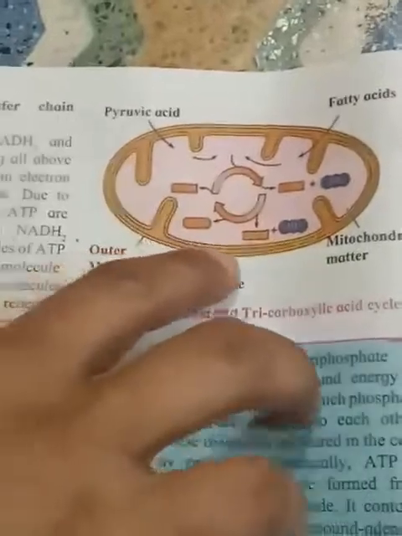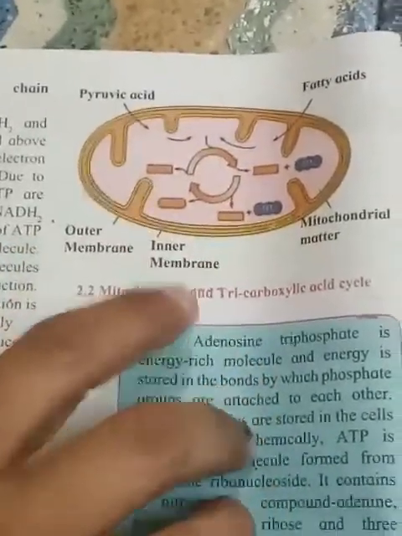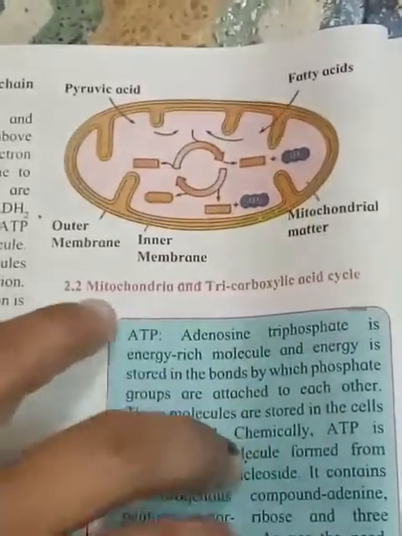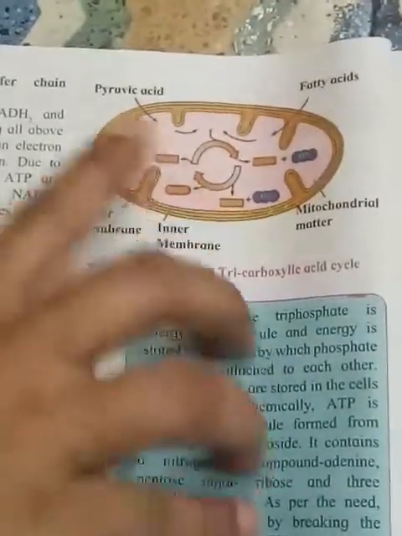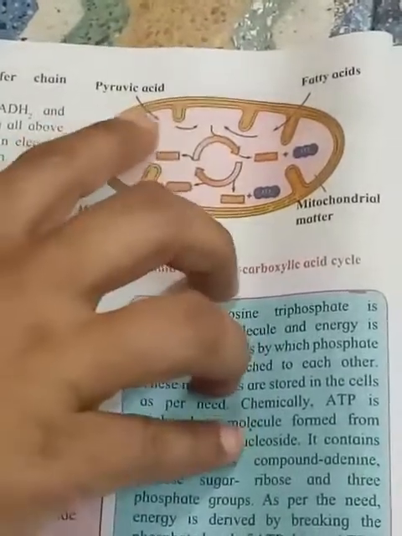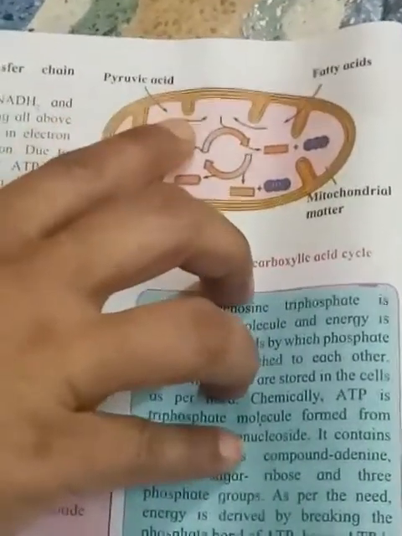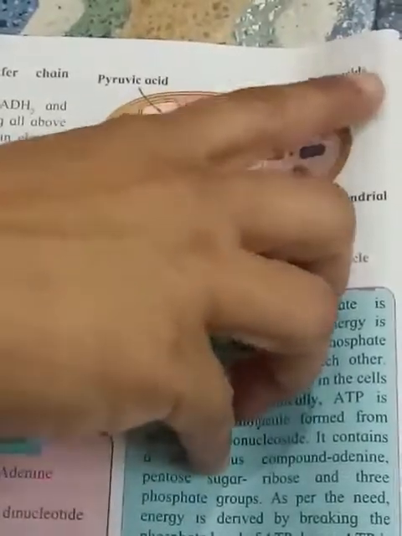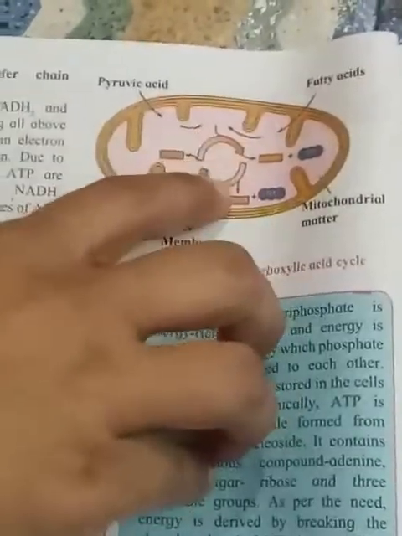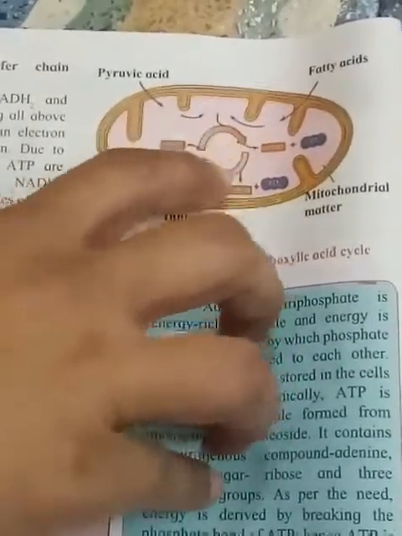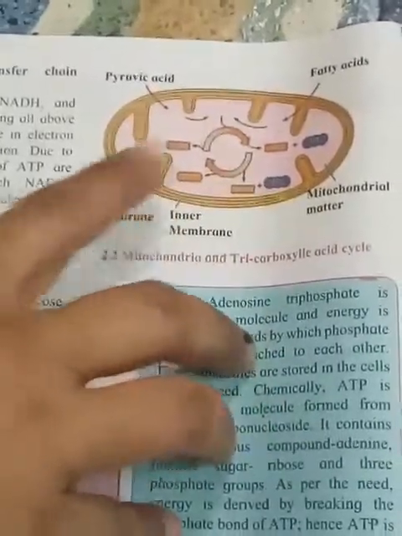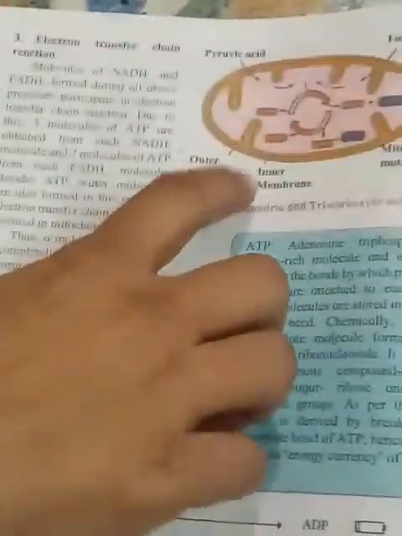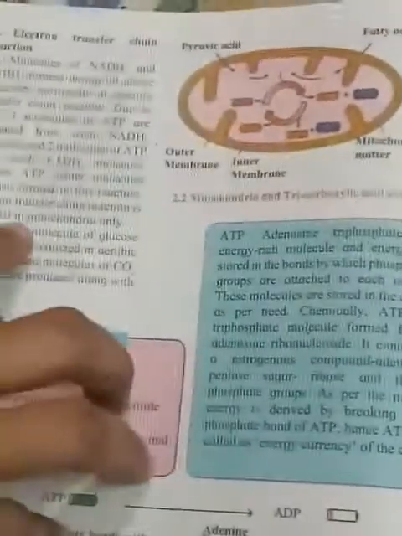This electron transfer chain is also taking place in the mitochondria, which means the TCA cycle and the electron transfer chain, ETC, both are taking place in mitochondria. Understood? The first is the reaction of TCA, meaning pyruvic acid into acetyl CoA, and all this conversion up to fatty acid. The second, this middle cycle, is showing the electron transfer chain, how NADH2 and FADH2 get converted into ATP, which means the maximum number of ATP is generated in this last step.